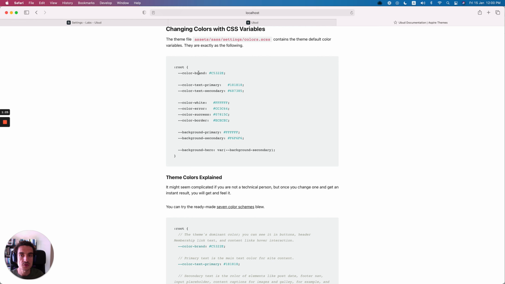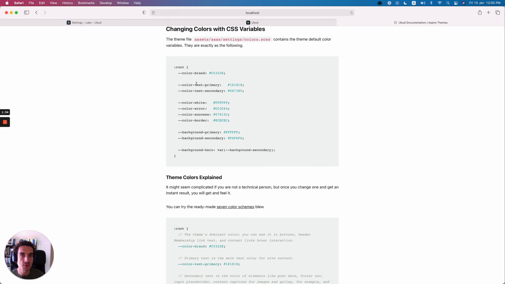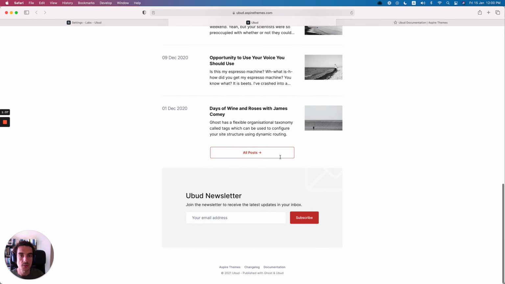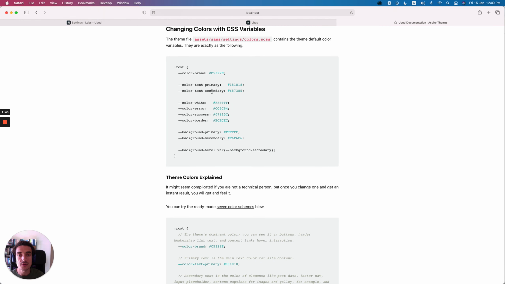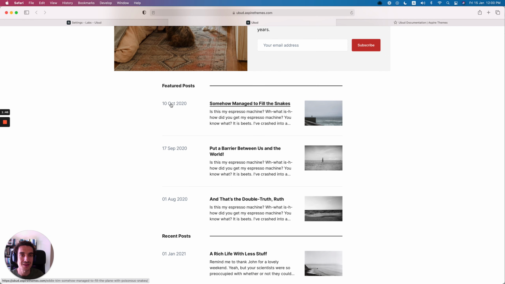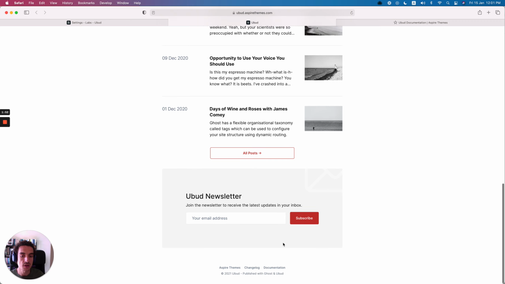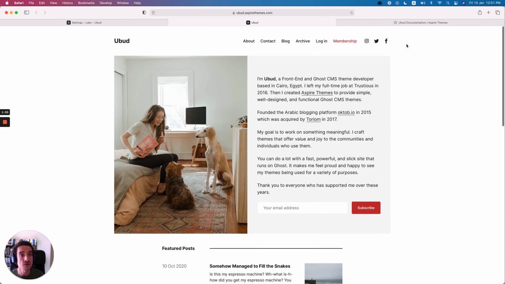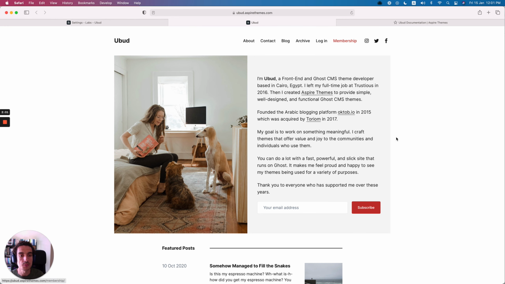I will start with the color brand, which is the dominant color here, as you can see, the red one. Then the primary text, which is the main text color for the post and everything, and then the secondary text, which is used for the date, for example, for the input placeholders, and for example, the colors of the photo navigation. The color white is used for the buttons here, and also for some kind of notification that I will